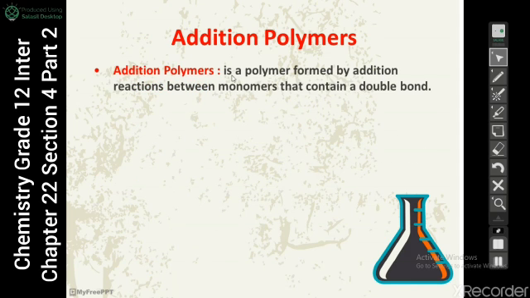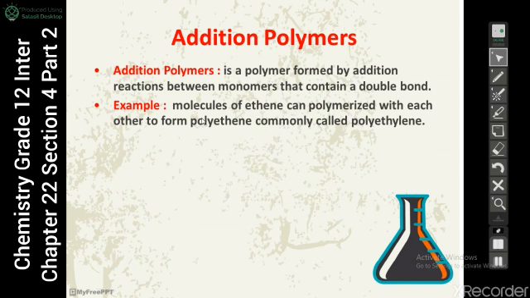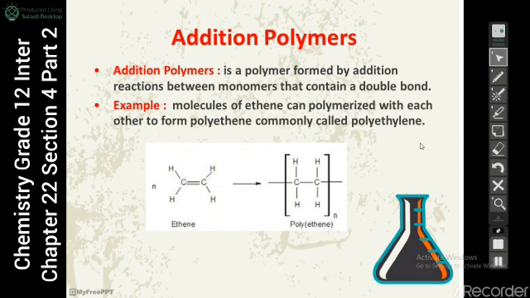So the addition polymer is a polymer formed by addition reactions between monomers that contain a double bond. Like we said before, the addition reaction must happen between unsaturated molecules. An example for that is molecules of ethene can polymerize with each other to form polyethylene, commonly called polyethylene. Like this, ethene and n,